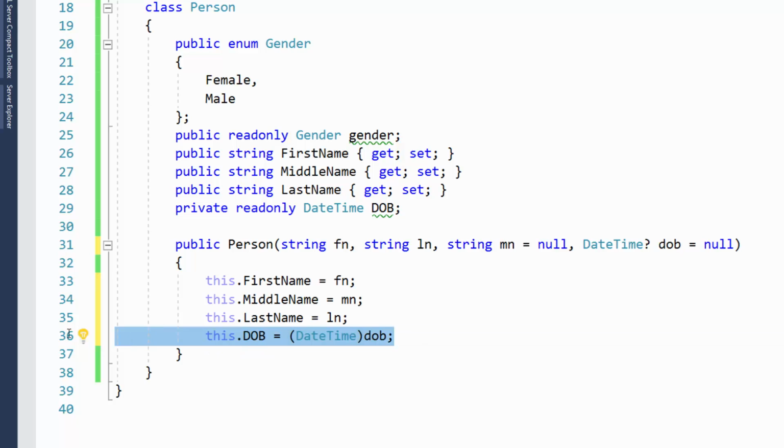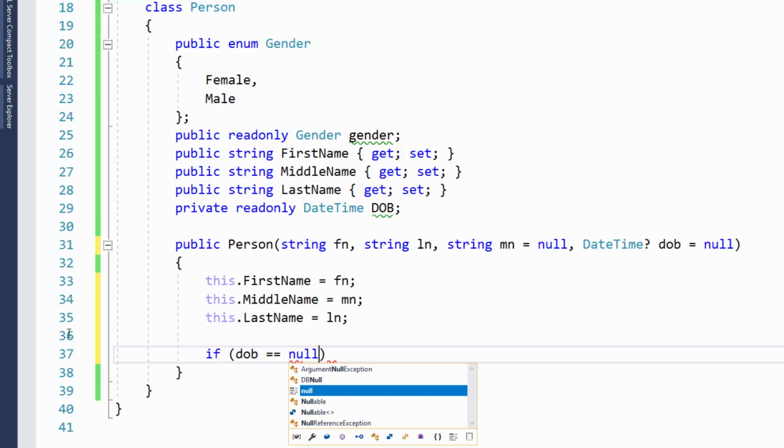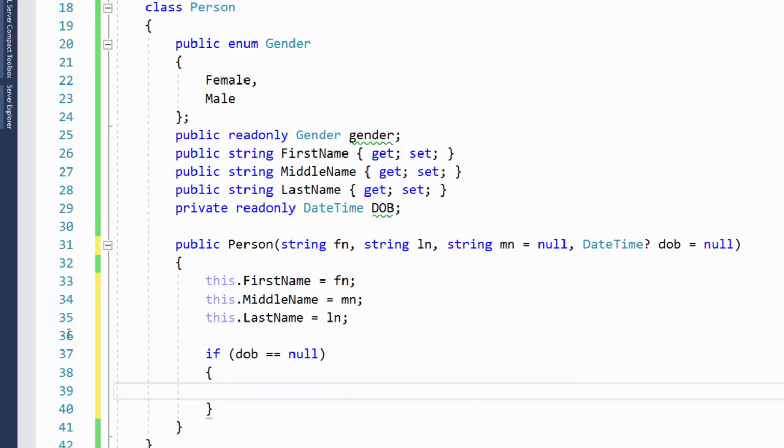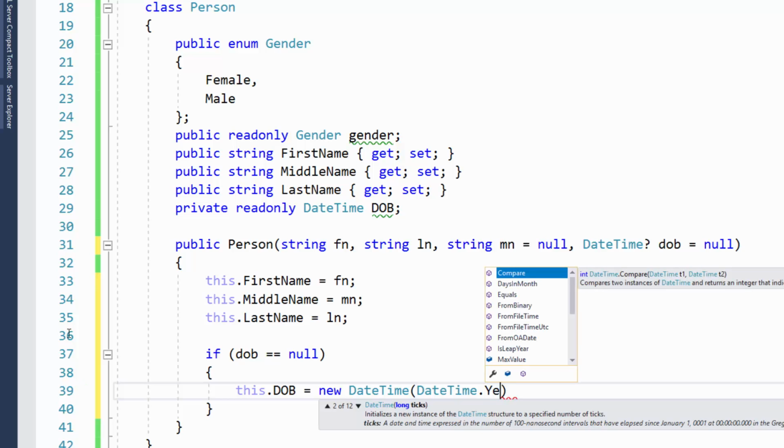But let's say, excuse me, if date of birth happens to be null, then let's make it revert to today's date. If it doesn't, then that means that the person has actually put in a parameter value for their date of birth, and we'll link those up that way. So let's say if dob is equal to null, then we'll just write this dot date of birth equals new DateTime, and we'll make it do it to today's date. So I could just write here DateTime dot year,